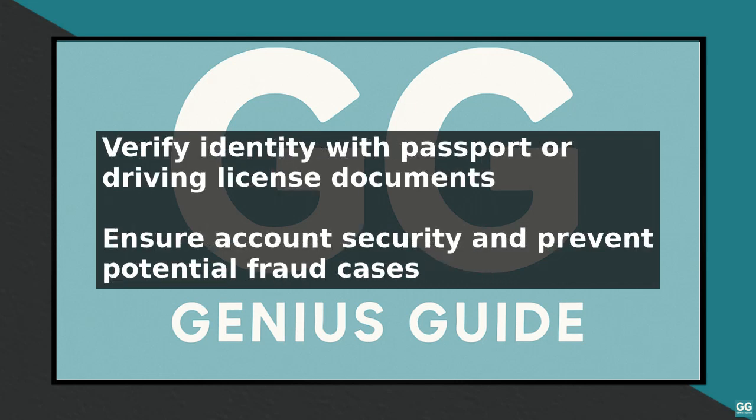After your identity has been verified, you can set up your account details, including your bank account information and payment details. You will need to provide the account number and sort code of the bank account you want to link to your Zopa account. Next, you will need to set up your security questions and answers, which will be used